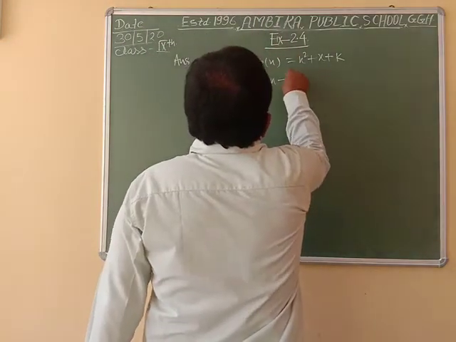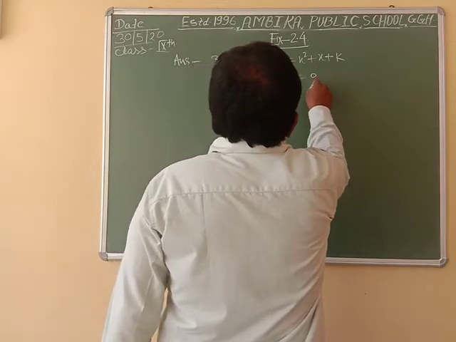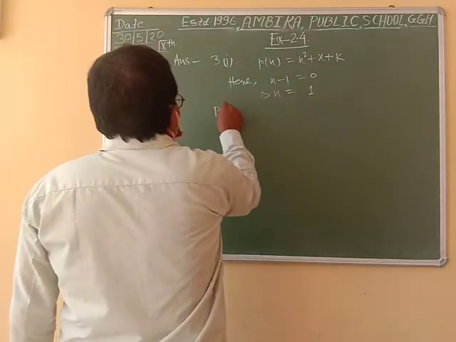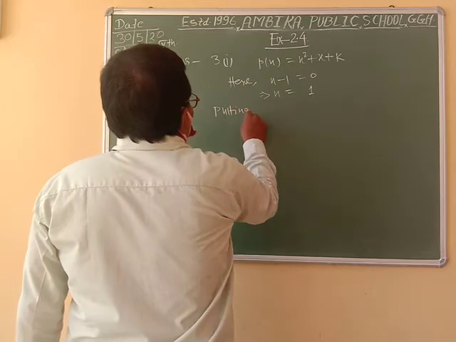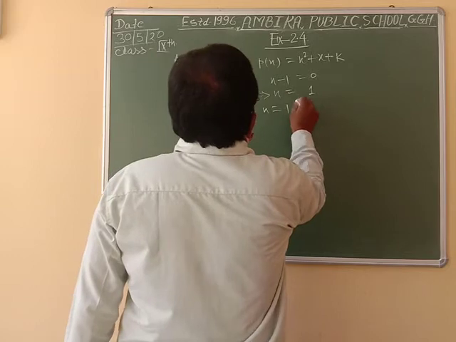Here x minus 1 is equal to 0, so x is equal to 1. Putting x is equal to 1 in p(x),